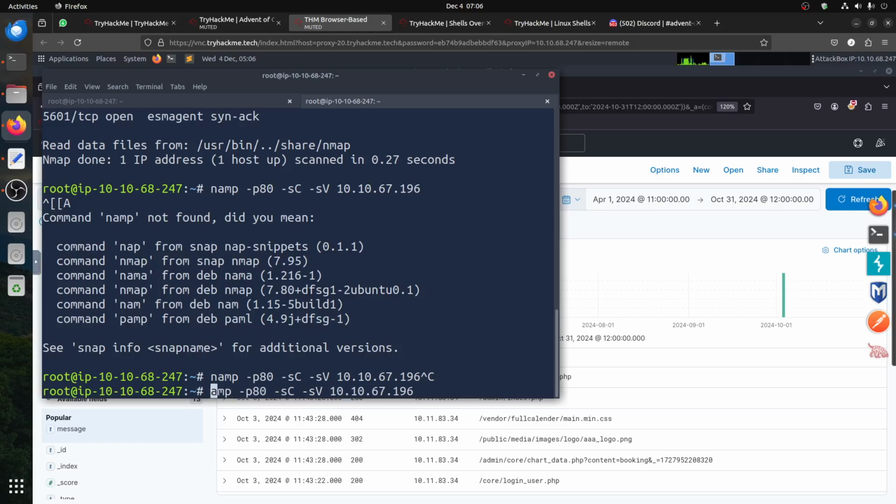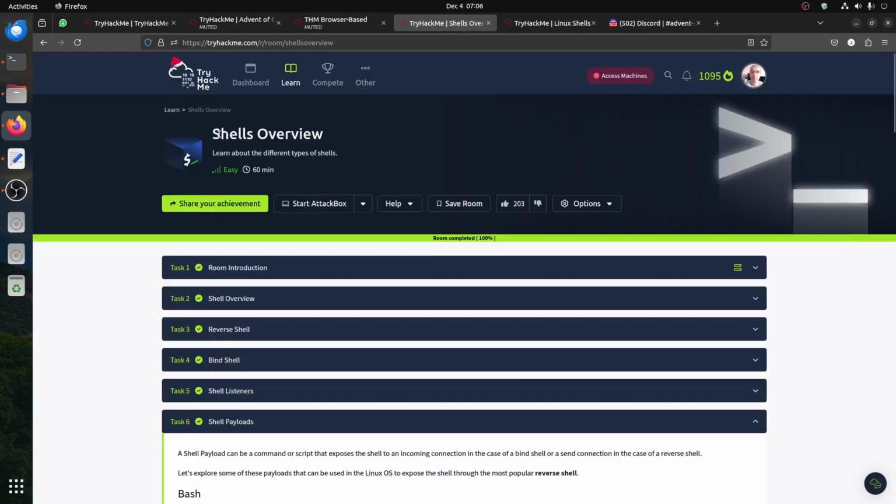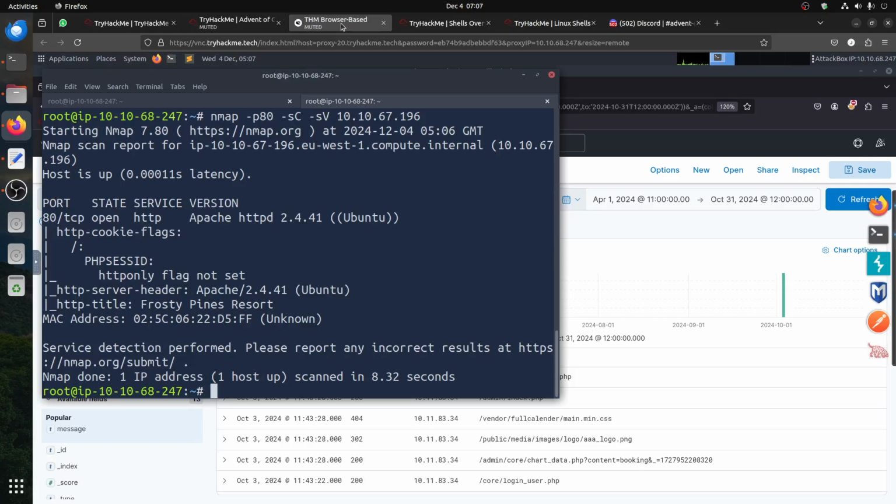These rooms in TryHackMe, if you want to learn about Nmap, I have a video for them too. You can check, and there are also the rooms for Shell Overview and Linux Shell. They're good rooms to work on as part of Security 101. So you can check that one, and you can see now it tells us